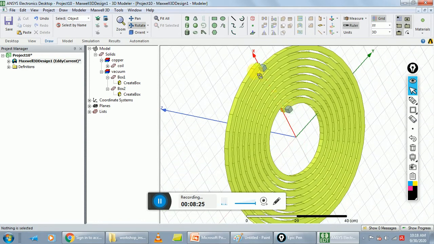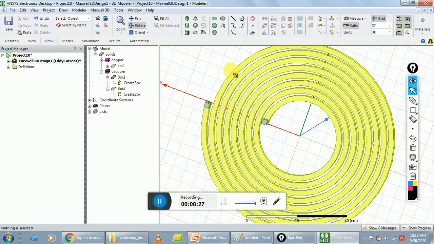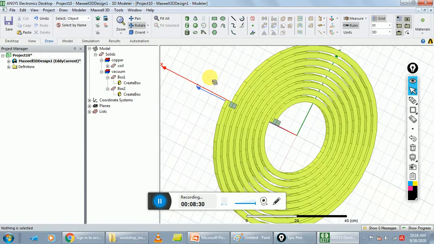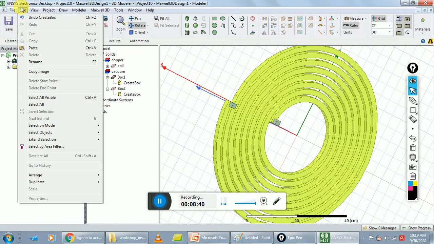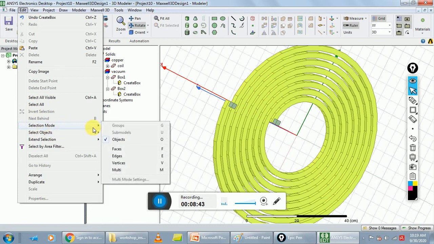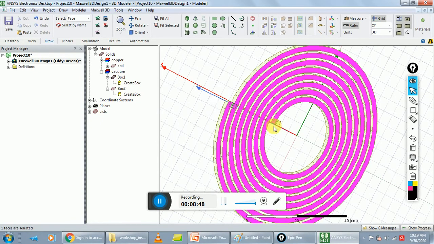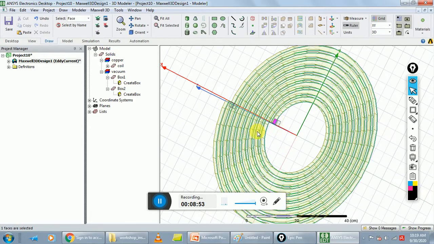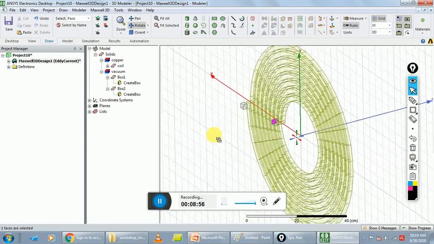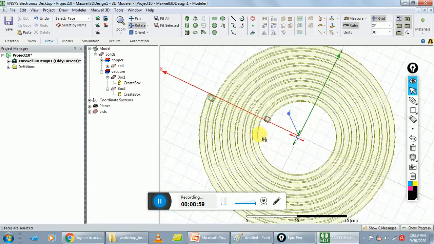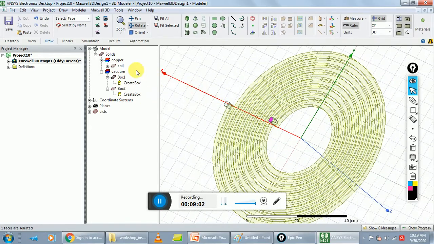Okay, select the inner surfaces of both boxes. So the next step is connect the surfaces. So first select both end surfaces of the boxes. Go to edit and change the selection mode to faces.